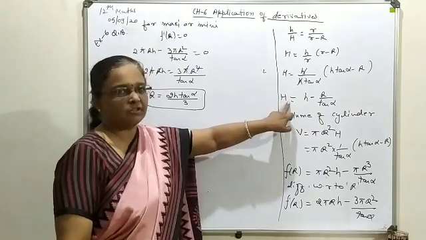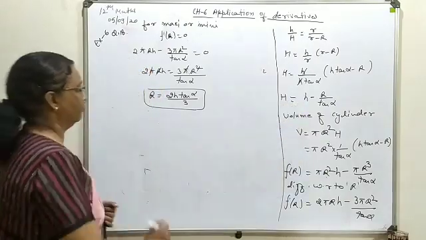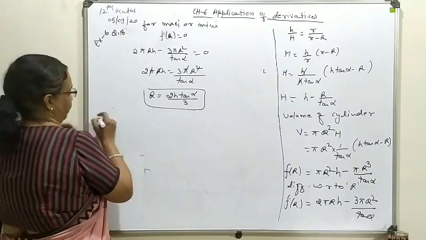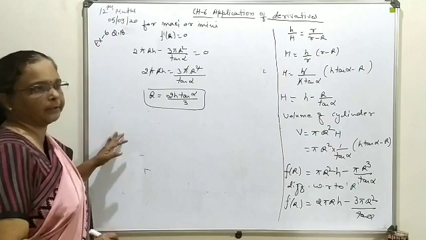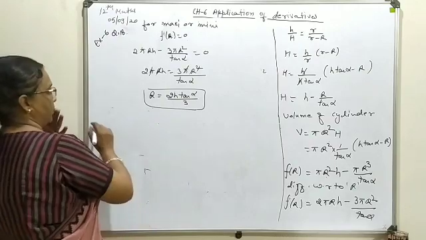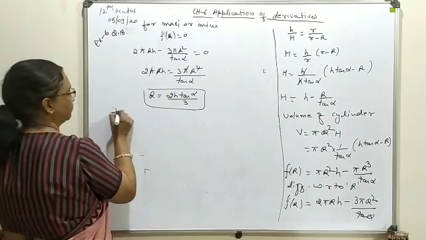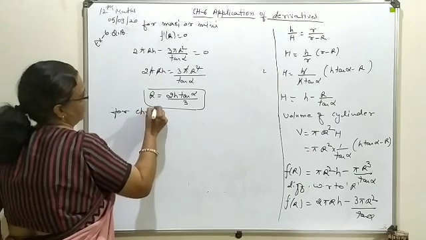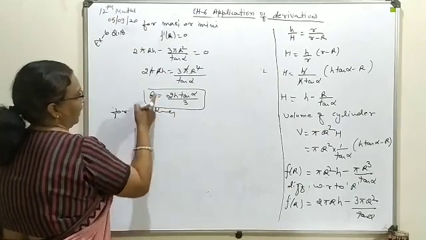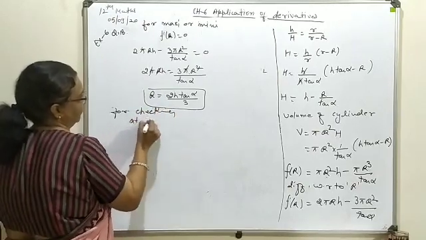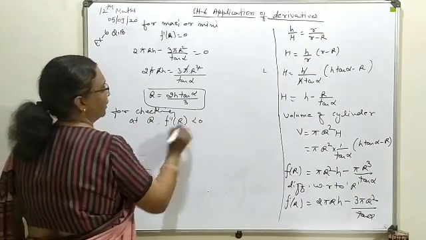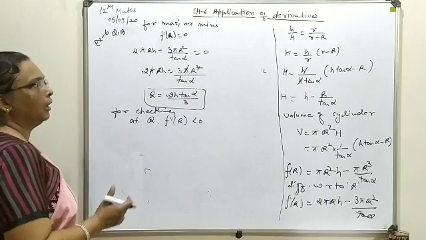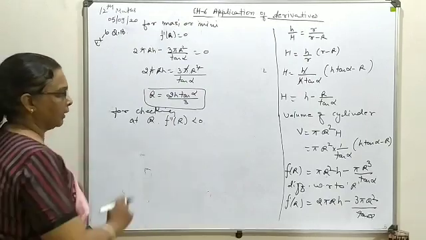Now we will find h in small form. For this r, if you find the second derivative, it will give you a negative value. So just for checking, at this r, your f double dash r will come out as a negative quantity. You can check it out. Definitely you will get it.